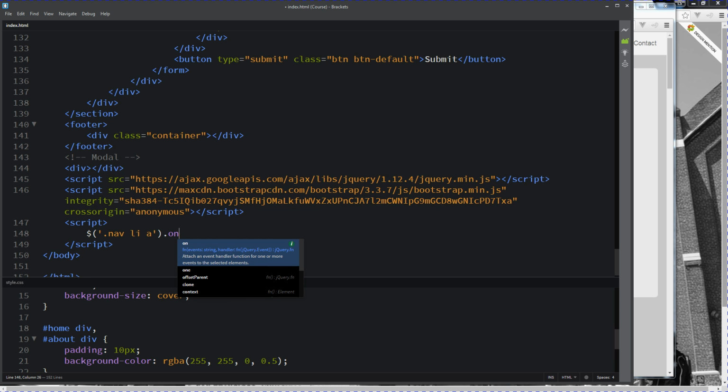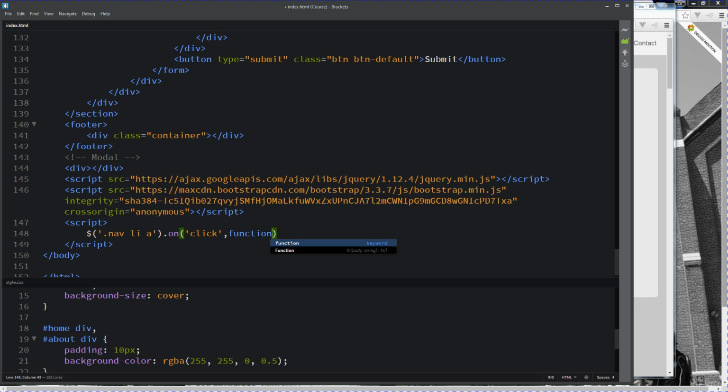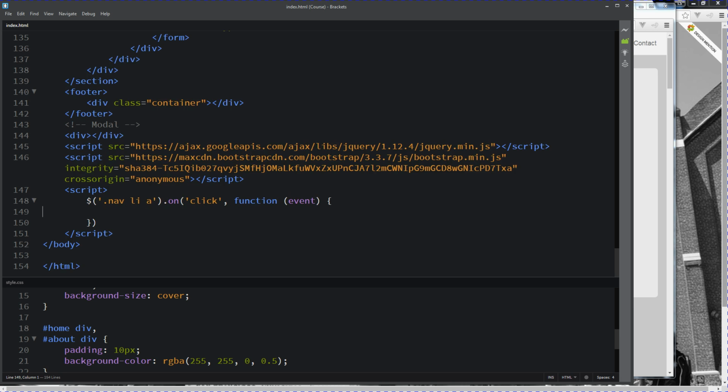or anchor tag, and then we're going to listen for a click, and if there is a click, then we're going to run this function. Even if you're not familiar with jQuery, this is a really straightforward action. Essentially, it's just a click event. It passes over that event information within that event value here. I don't actually believe we even need to use this, but let's just keep that in there just in case,